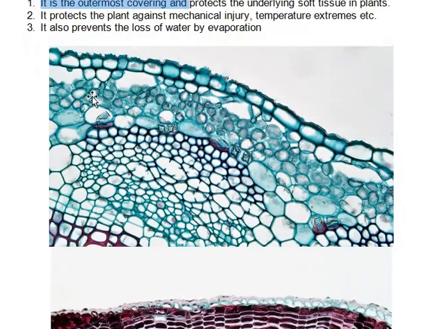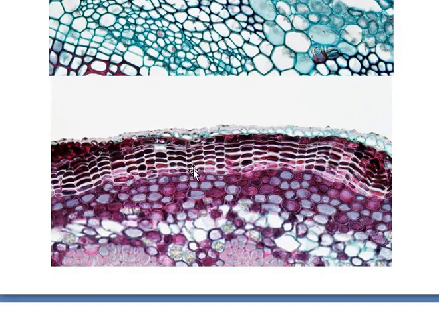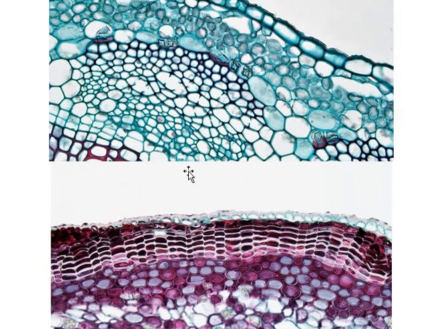So cork, if you look at this, is the part of the young stem under the microscope where there is an outermost covering as epidermis. But when the stem gets older and woody, the epidermis gets ruptured, broken down. So the underlying tissue gets exposed to the atmosphere. So just to protect the underlying soft tissue, the epidermis is replaced by a multi-layered dead structure which we call cork. And cork has one particular waterproofing substance which we call suberin.